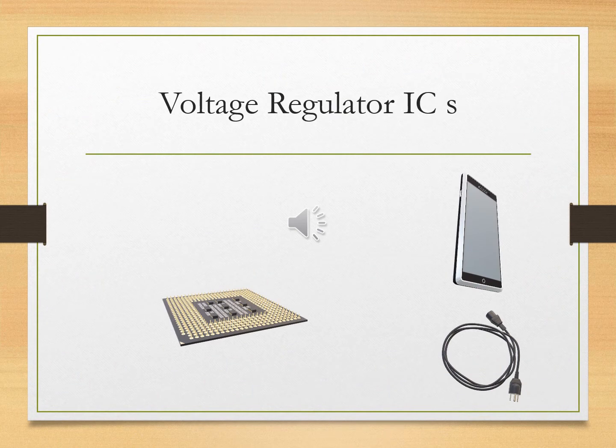Let's talk about something found very easily: your mobile phone charger. It takes 100 to 240 volt AC and always gives you a stable 5 volt output. One more application is in microcontrollers. These days we have microcontrollers everywhere, and almost all microcontrollers run on 5 volt and a very low current. So in most cases a voltage regulator IC is incorporated with them to make sure that the controller runs properly.